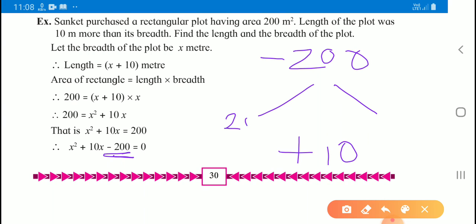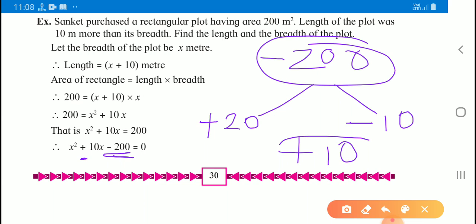20 tens are 200, and 20 minus 10. Here we want multiplication negative 200 and addition positive 10. So what we have to do here, we will factorize. This is 20 tens are 200. Here your 10 is containing plus sign, so the greater number will contain plus sign, the smaller will contain minus sign. 20 multiplied by negative 10 is negative 200, and if you add, then you will get the answer positive